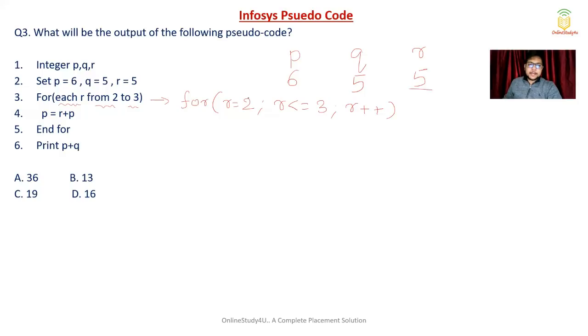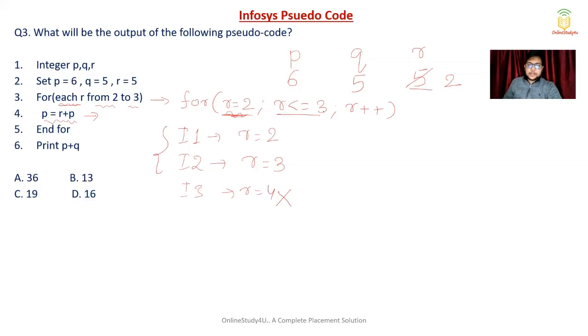So we see that my R gets updated from 5 to 2 because of this for loop, because of the initialization here. Well, so this loop will be executed 2 times for the value of R is equal to 2, and the iteration 2 where my value of R will be 3. Iteration 3, value of R will be 4, but since it is not less than equal to 3, we won't execute this. So there are only 2 iterations, and in every iteration we are updating the value of P by